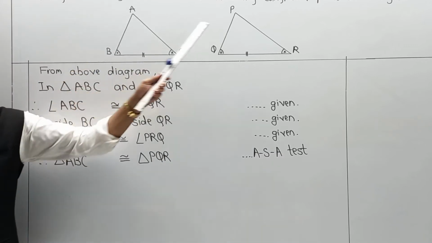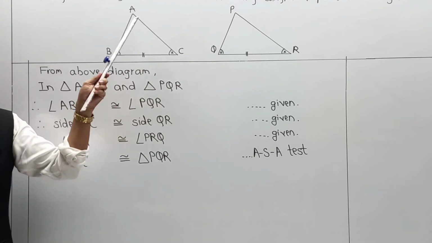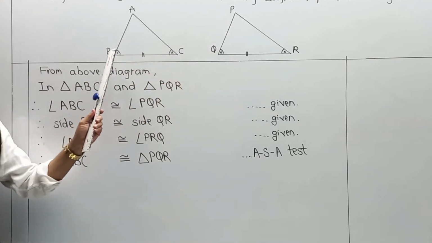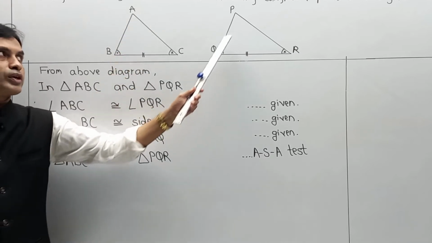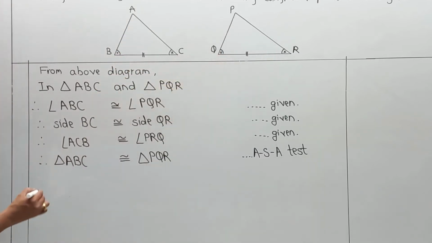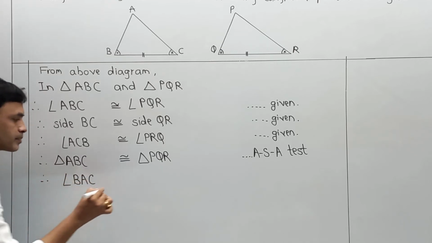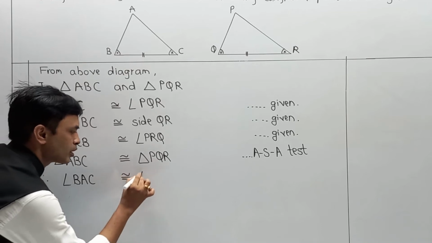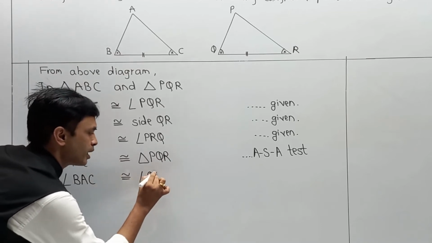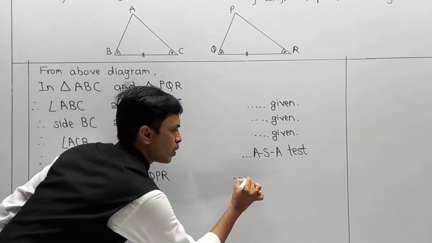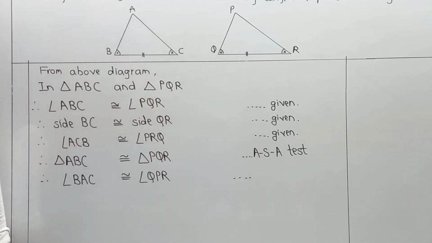Next, if the first triangle is congruent to the second triangle, then here angle A must be congruent to angle P, but the total nomenclature is angle BAC is congruent to angle QPR. So I am going to write, therefore, angle BAC is congruent to angle QPR, and the reason becomes corresponding angles of congruent triangles. Now in the book they have given an extension, but I am going to give you a shortcut, and the part is